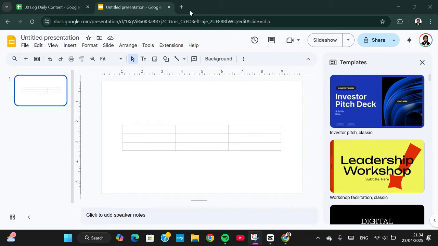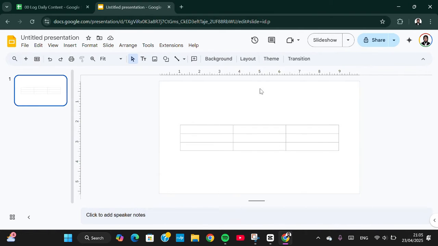In today's video, I'm going to show you how you can add border to table in Google Slides presentation. Okay, let's get into it guys. Here I have created a table and then I'm going to show you how we can add border to this